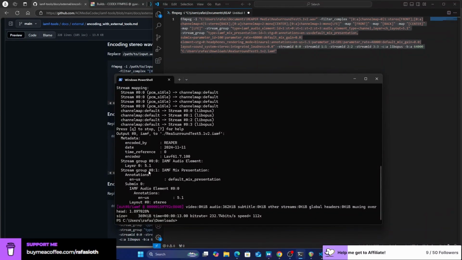And then in the stream group 01, a mixed presentation, default mixed presentation, then a submix, which is stereo.